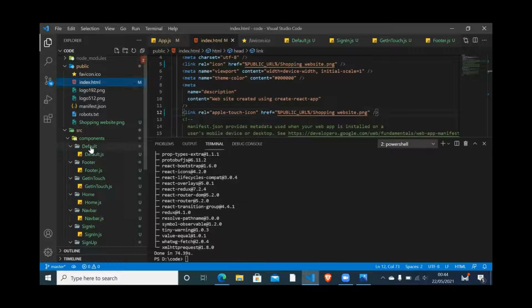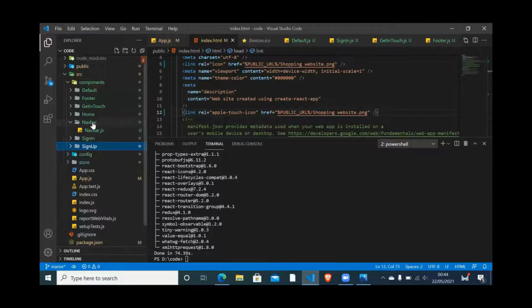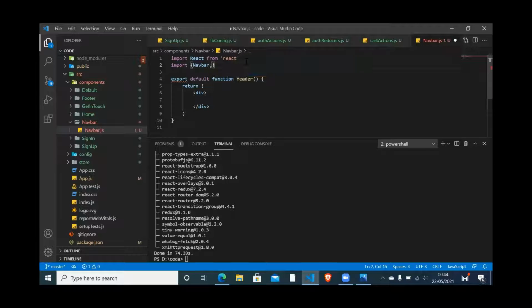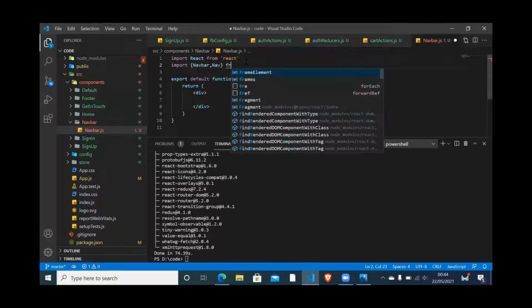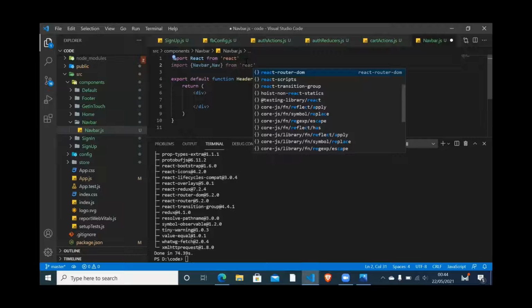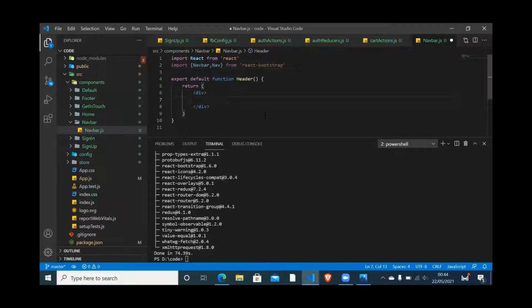Turn on the nav bar, so close everything else. That's not the nav bar. On the nav bar, we're gonna do import Navbar, Nav from React Bootstrap. What we're going to do is Navbar,